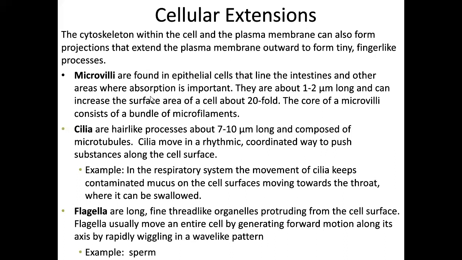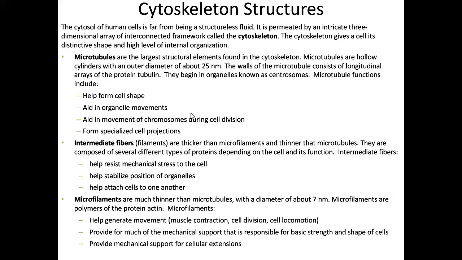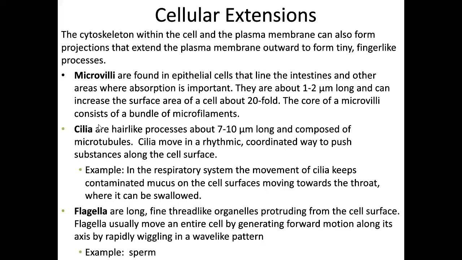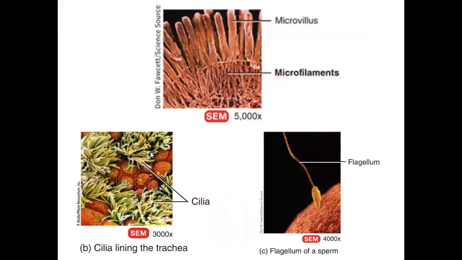At the core of them, you'll find bundles of microfilaments, which we just talked about on the previous page. Cilia are hair-like processes about 7 to 10 microns in length, composed of microtubules. Their job is to move in a rhythmic, coordinated way to push substances along the surface of the cell. Looking at the figure on the next page, these are real pictures of real microvilli, cilia, and flagella. They look like tiny little hairs on the surface of the cell, and they just push stuff along the surface of the cell,